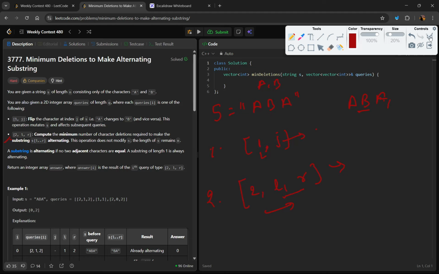Now moving to the solution. I hope the problem is clear now. In the problem, you are given a string consisting of only two types of character, A and B, and you have to perform two types of query. The first type of query will update the index. Updating means flipping the character present at this index j. And in the second query, you have to return the answer for the substring L to R, and the answer will be the minimum number of characters you have to delete,